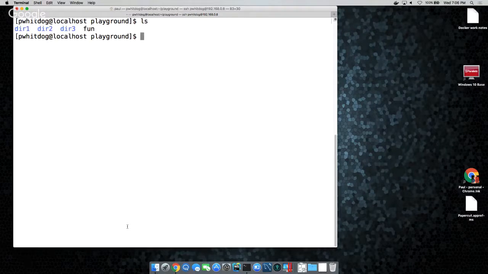Any questions on move, CP, ls, any of that stuff? If you've done CMD before, hopefully this is some refresher, and maybe you didn't know some stuff with tab completion. A lot of this stuff actually works in DOS as well. The move and copy commands are move spelled out and copy spelled out, but tab completion works the same, and the concepts are very similar.